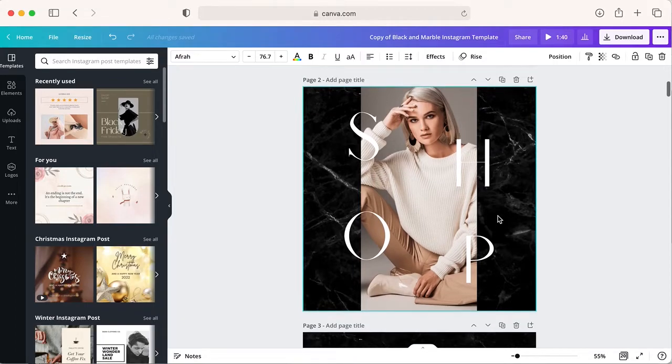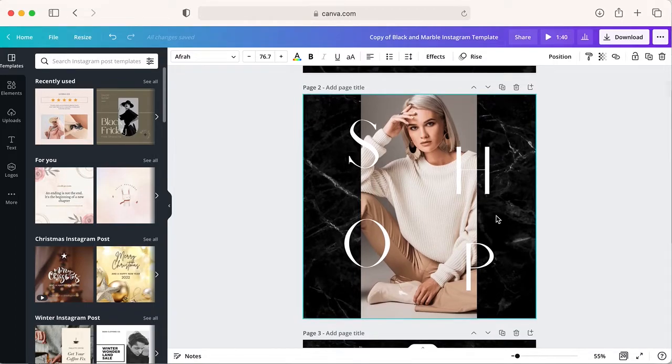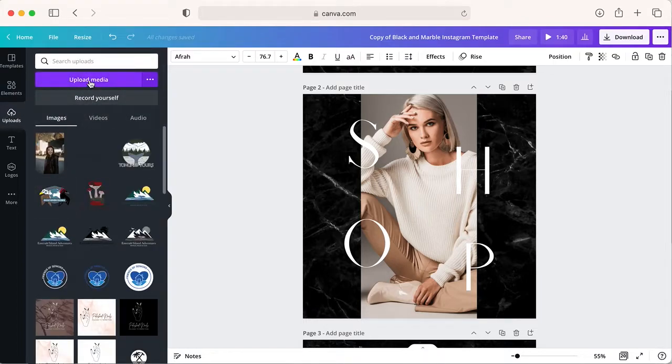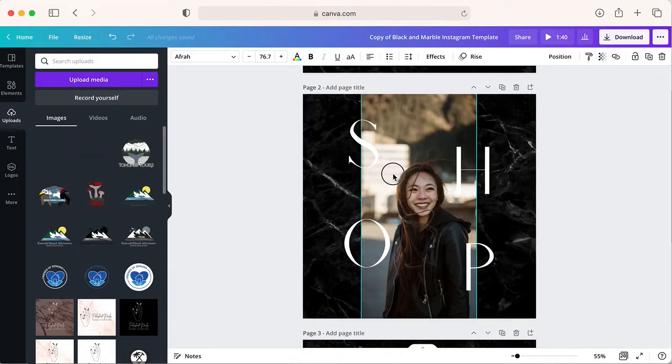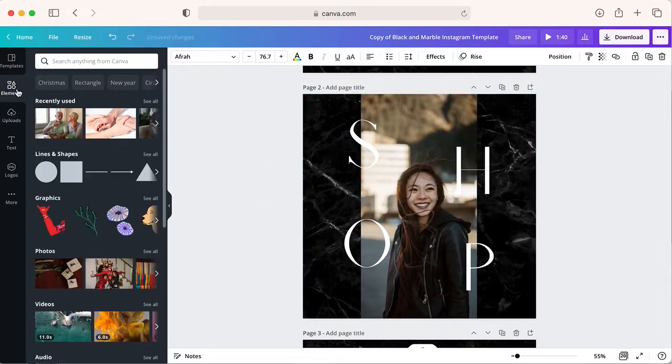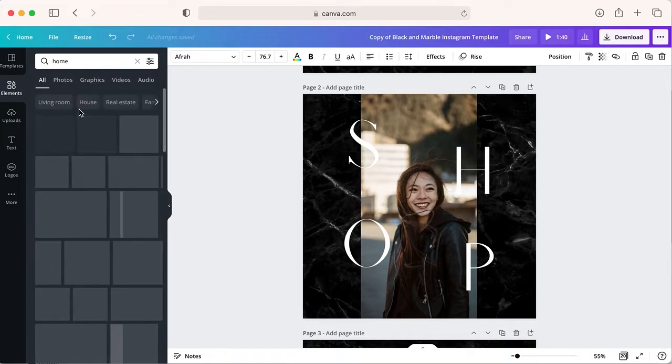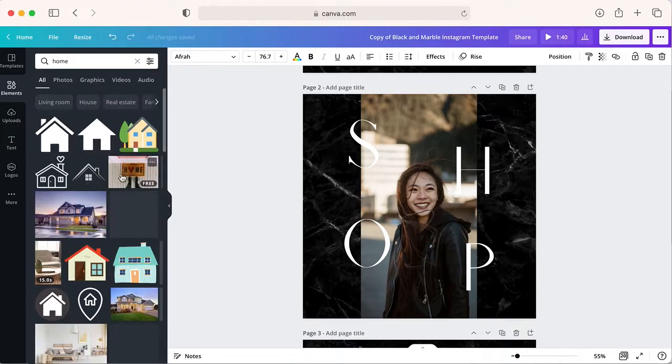So photos, it's really easy. All you do is drag and drop. You can upload your photos here in the uploads and then upload media. So you just grab the photo you want and then you just place it right over. Really simple. There's also under elements, you can type in, so these are my recent types, type in a word, and then you can get all of these